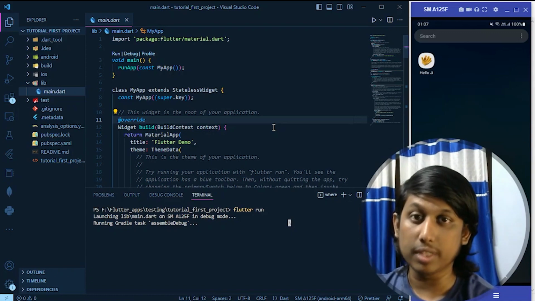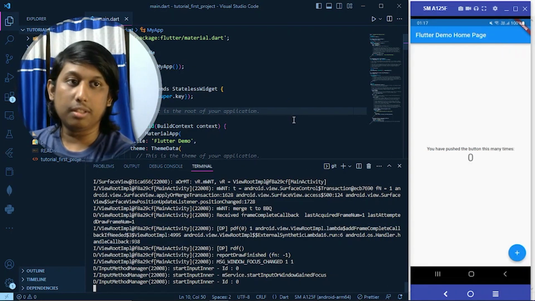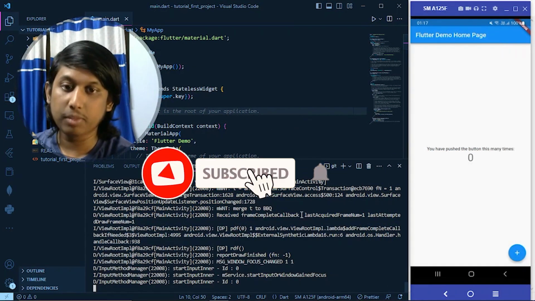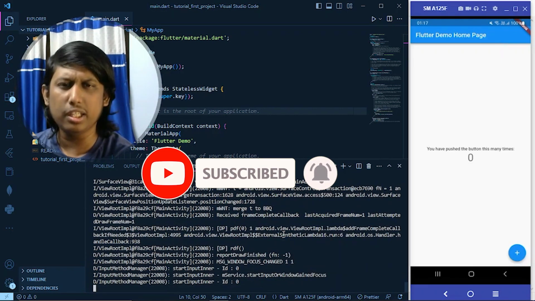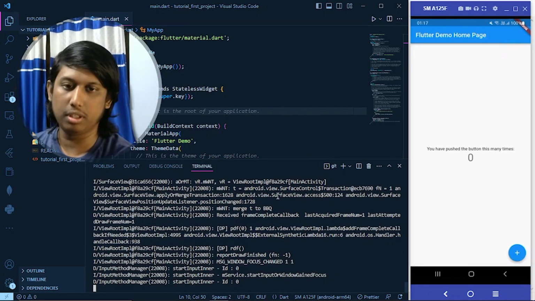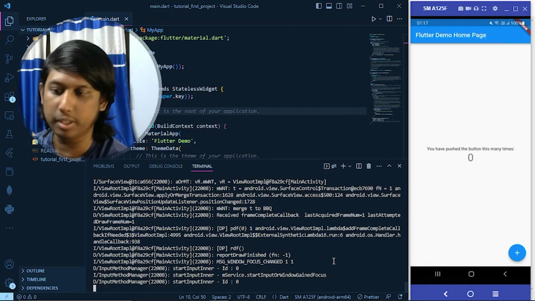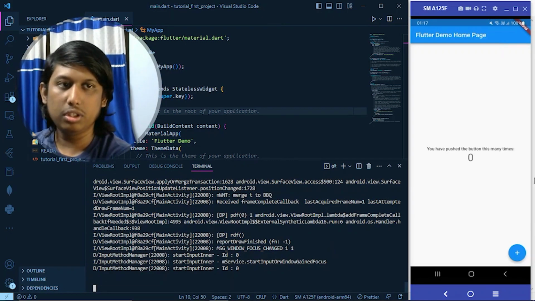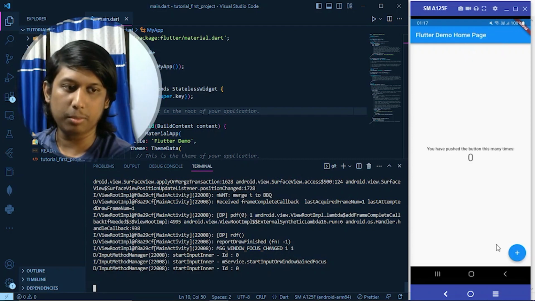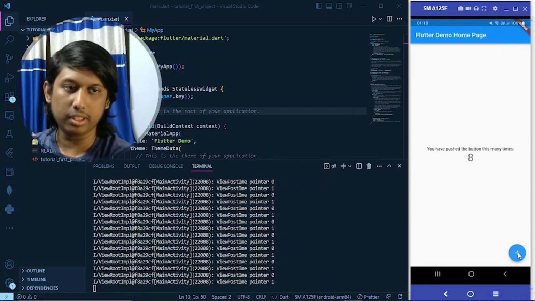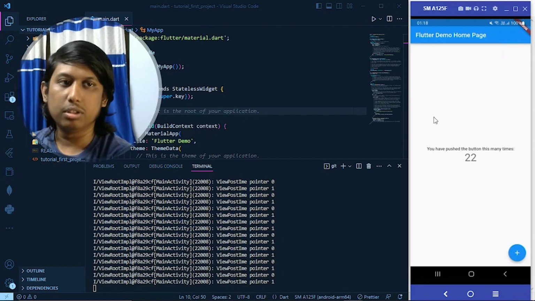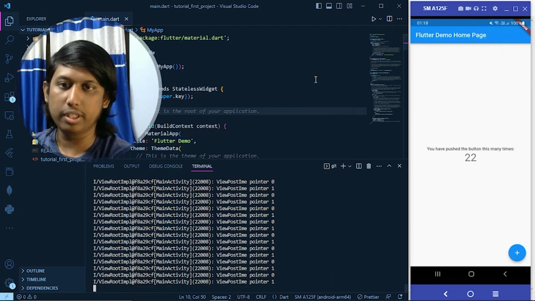So guys, we ran our first project in Flutter. Here you can see many logs are present. You don't have to remember any of that. I will tell you what you have to remember and what not. So that's our first Flutter project. When you tap here, that number will increase accordingly. Now I am going to tell you about the two most important concepts of Flutter, that is